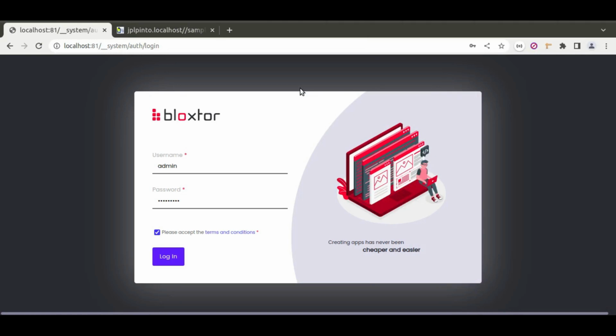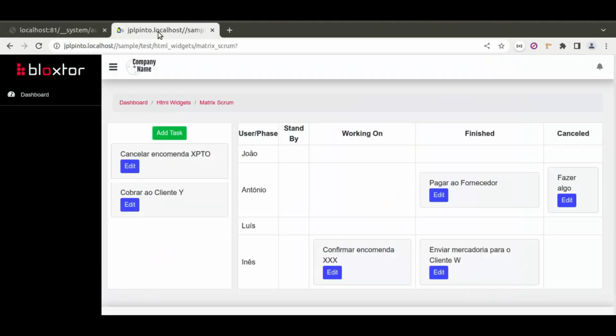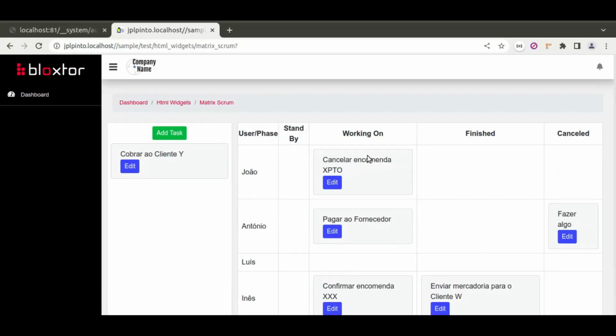Hello! In this tutorial I'll teach you how to create a page with the Scrum Board to manage the tasks of your employees. Something similar to this Scrum Board that we are seeing here, where we have the available tasks on the left side and then we have the Scrum Board on the right side with the employees list and the task phases on top, where I can change the tasks to different phases and I can assign tasks to